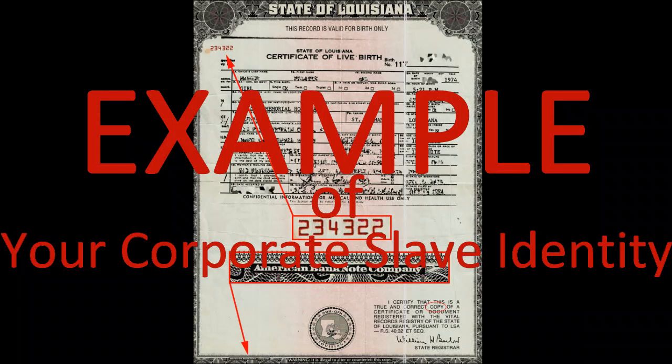Alright, today we're going to be talking about birth certificates and your slavehood. Now, you might be asking how they're connected, but basically, birth certificates, originally around the 1790s to 1830s, were only issued to slaves. I cannot confirm whether or not that was true for all countries or just the Americas as I've been researching. But basically, up till about, I'd say, 1795,